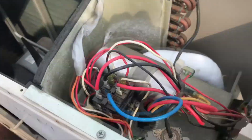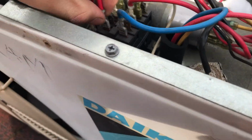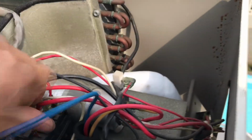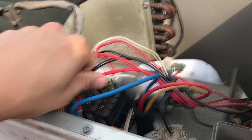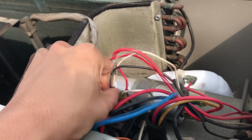So now we can pull this. Oh my god. It's not the locking one. It doesn't have a lock on it. It's standard. Not locking. I left my plier down there, so